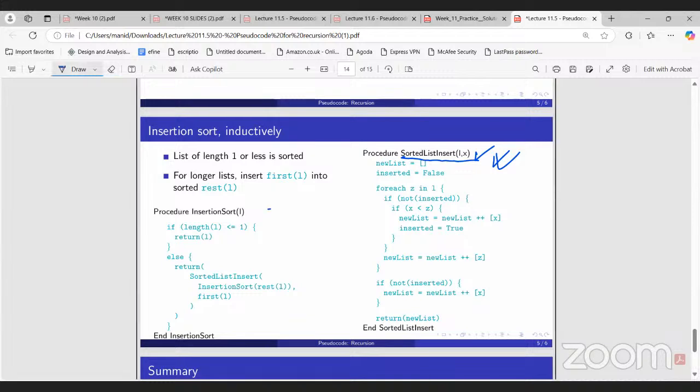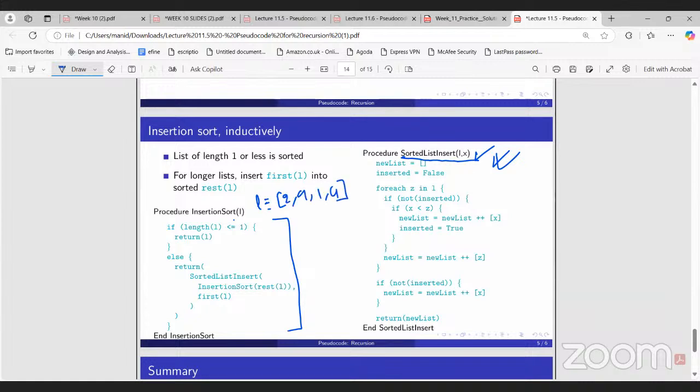Why we are doing this part is, see, if I directly do this sorted list insert, this is fine. But now we want to do this in an inductive way, that is, in a recursive way. So how can I do that using recursion? For that, we have this procedure. So, okay, you want to do this using an unsorted list. Yes, ma'am. Okay, let's take